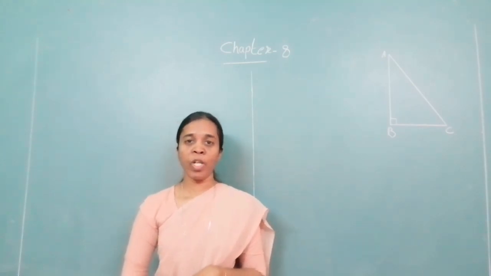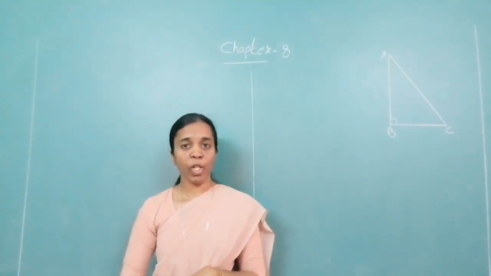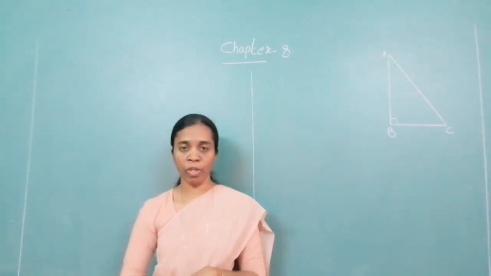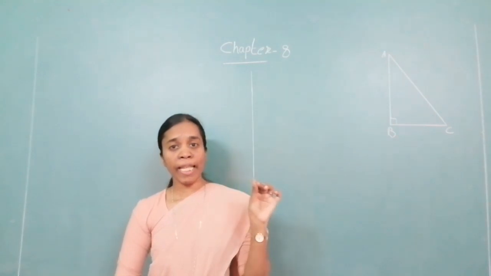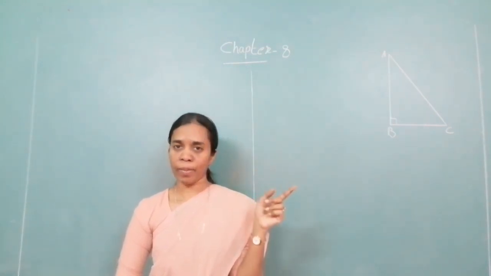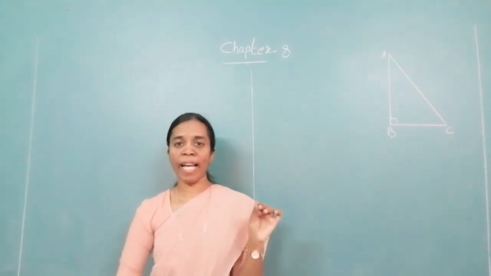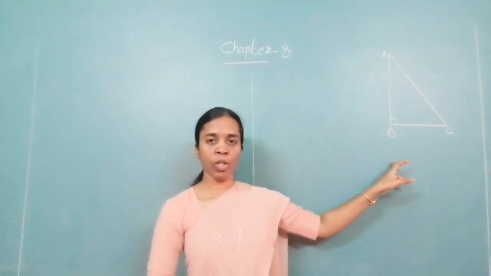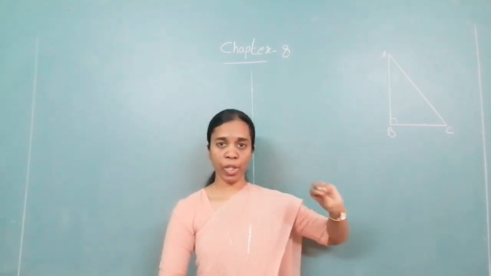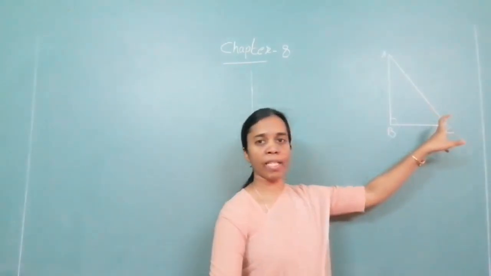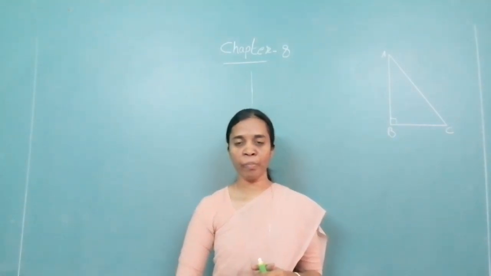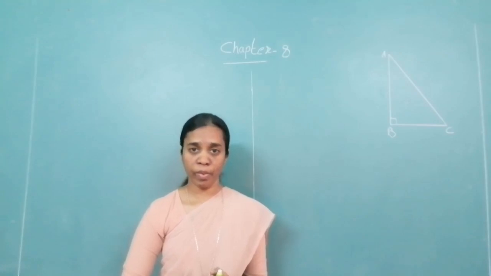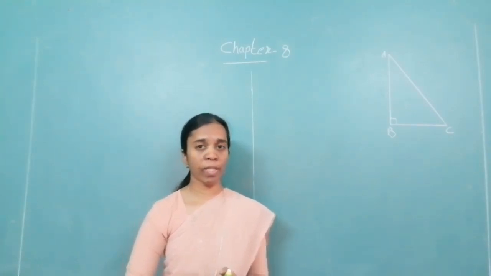Triangle. Okay. So trigonometry is a part of mathematics which deals with the relationship between sides and angles, especially of a right angled triangle. So trigonometry tells us the relationship between the sides and the angles. I have a right angle triangle. We also know the Pythagoras theorem, isn't it? What does the Pythagoras theorem say?